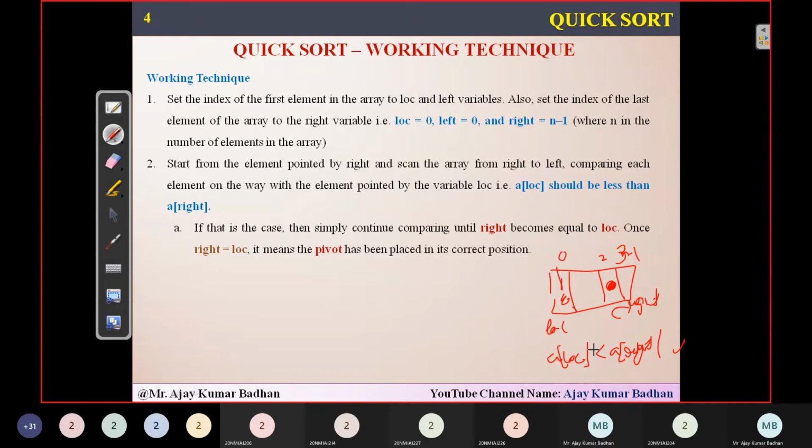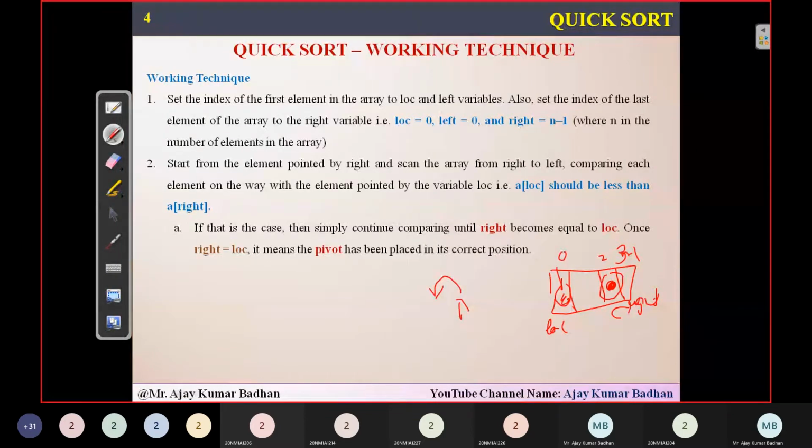But in this case, if you have an element which is less than this particular pivot point, and what did we say? On the right hand side of a pivot point, the number should be greater. But what happens exactly here now? Whatever the number is present in this particular location, it is smaller when compared to this. And what did we say? The smaller element should come onto the left hand side. So we will simply swap. We'll swap here and this one will swap here. Whatever the element is present here will come here and this element will go here.